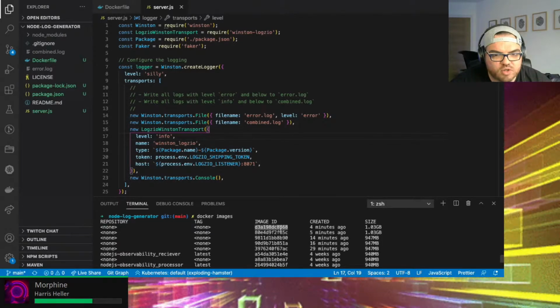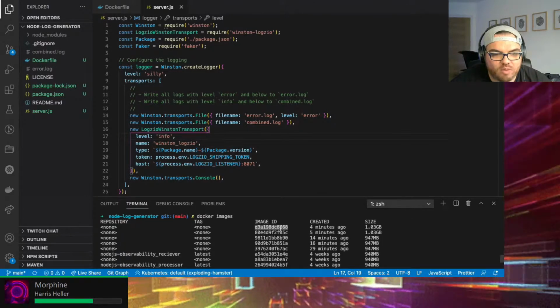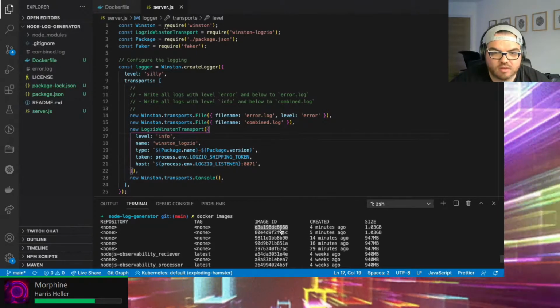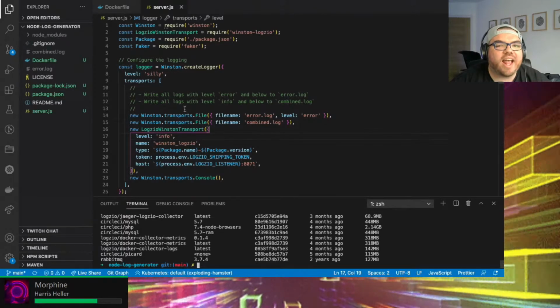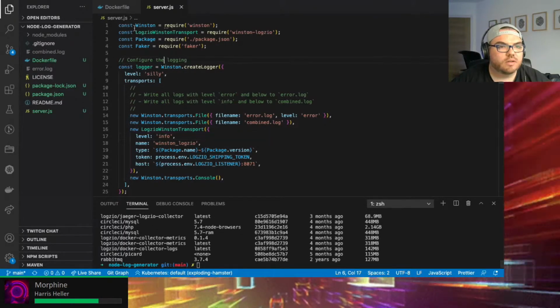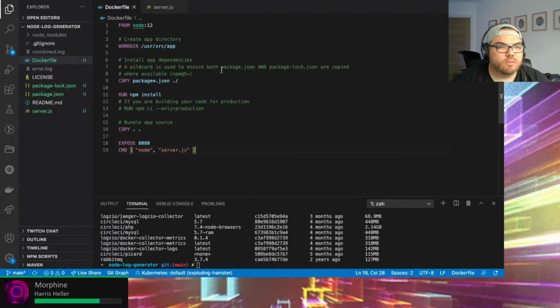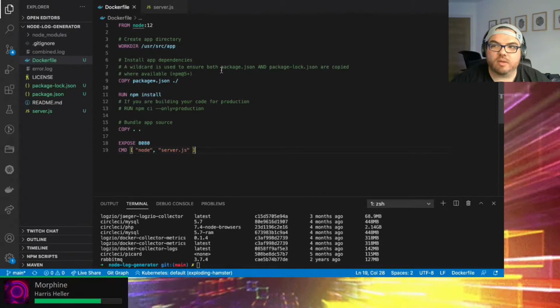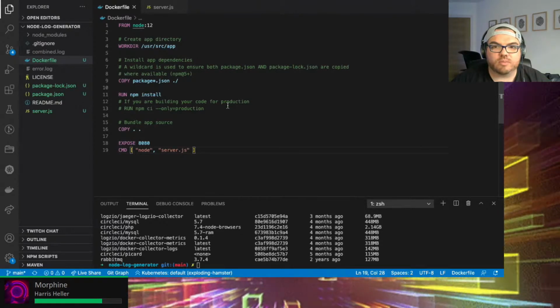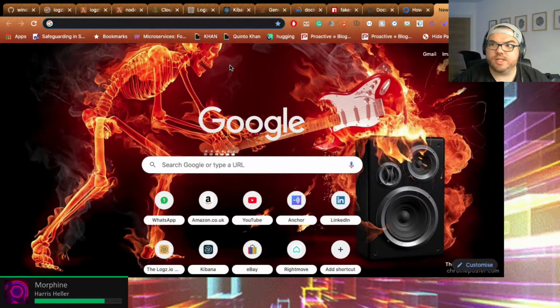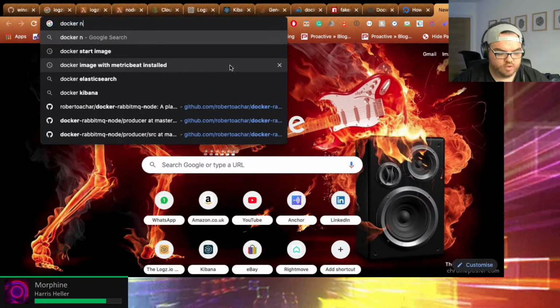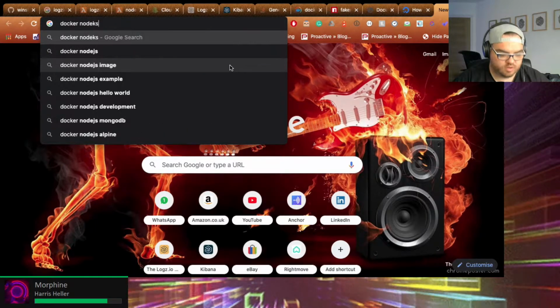Jesus Christ, that image is 1 gig big? How the hell did I do that? What in the hell? What Docker? I think I may be using a Docker image which is a bit too fat for our needs. Yeah, let's change that. Docker node JS.